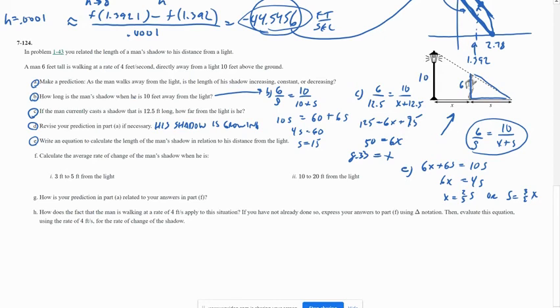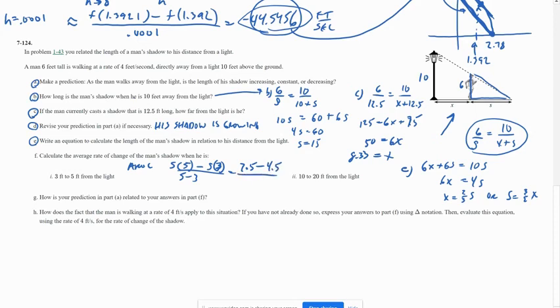And then part F, calculate the average rate of change of the man's shadow when he is 3 feet to 5 feet from the light. So average rate of change is going to be his shadow length. So we're going to do shadow at 5 minus shadow at 3 over 5 minus 3. So his shadow at 5, it's going to be 3/2 times 5. So 1.5 times 5 is 7.5. So we have 7.5 minus his shadow at 3 is 4.5